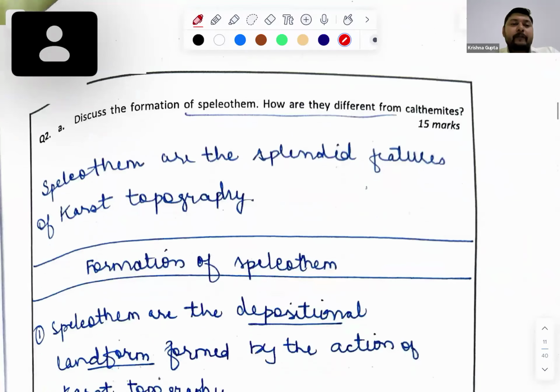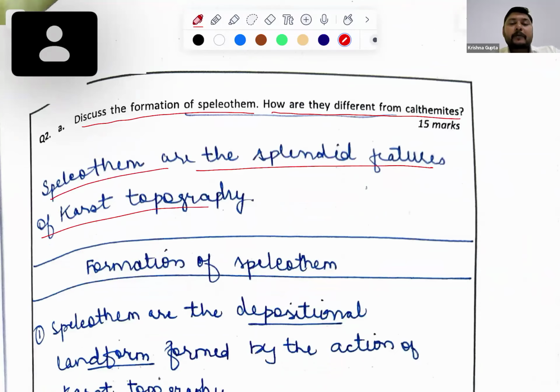Let's move to the next question. Discuss the formation of speleothems. How are they different from calthemites? Okay, so speleothems are the splendid feature of karst topography